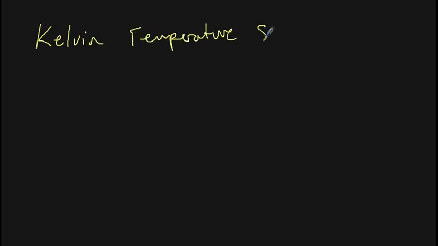Kelvin is called the absolute temperature scale. Okay, the Kelvin temperature scale is called the absolute temperature scale, and here's the reason why. Our definition of temperature is, temperature. Okay, you may have always thought of this as the hotness or the coldness of something, but it's really more sophisticated than that. Temperature actually refers to the average